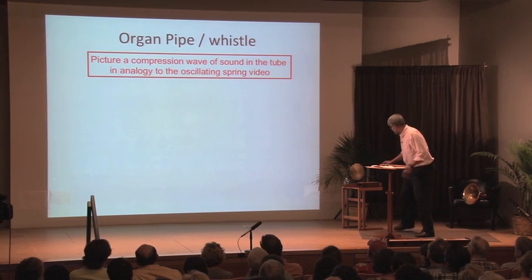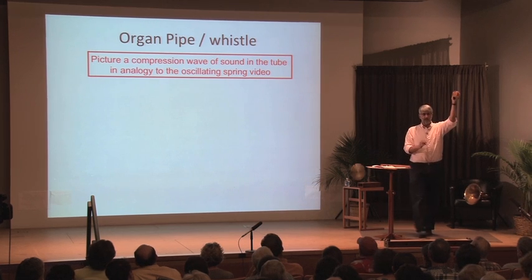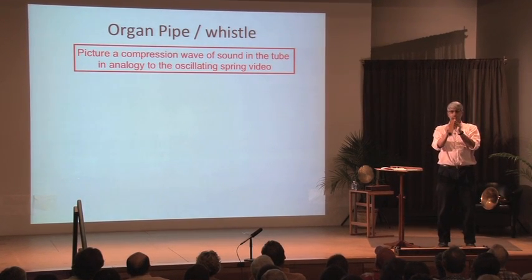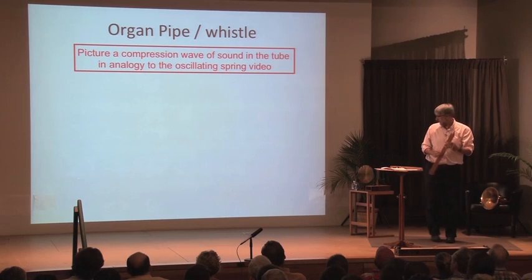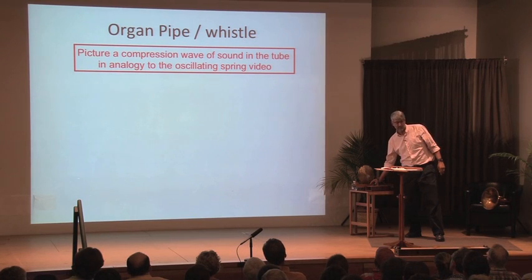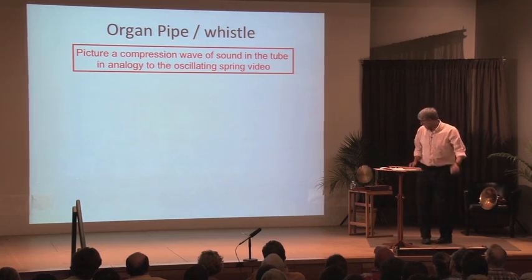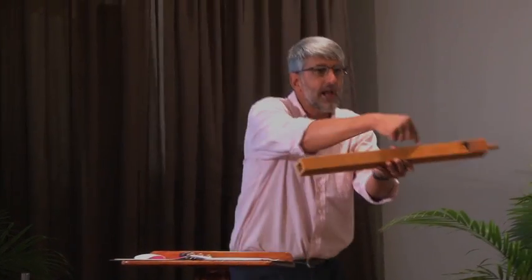Okay, so let me just give you a different one. Here's a little organ pipe tube. Let me blow it. Okay, so can folks sort of hear that that's middle C-ish as well, even if you don't have perfect pitch? You could sort of agree with that. Now, in here, you want to think about a compression wave just like that spring that was going up and down in its special mode that we saw before, except here, it's a compression wave of sound that's oscillating back and forth. Every time it reaches the end, a little bit leaks out, and that's what you're hearing with your ears. Okay?